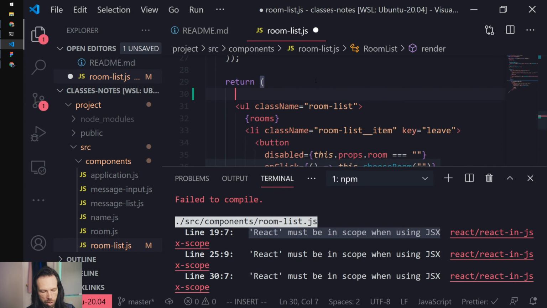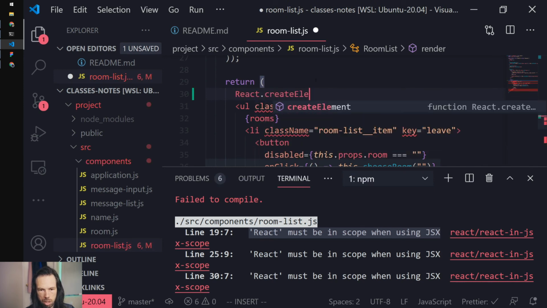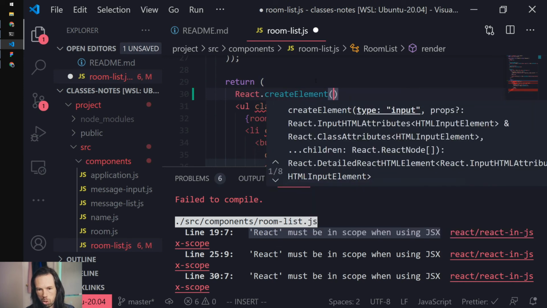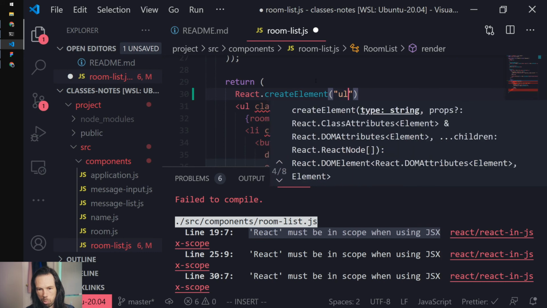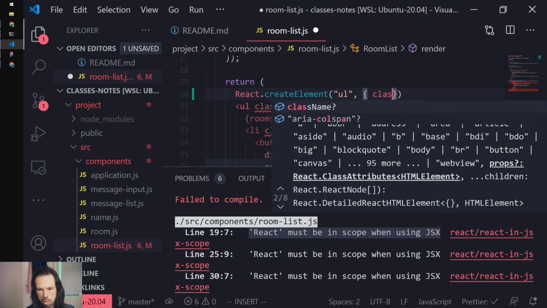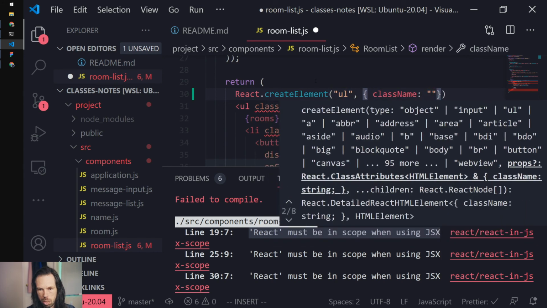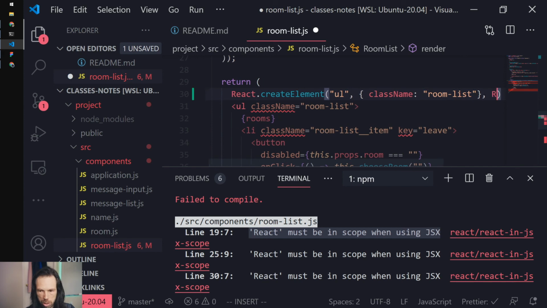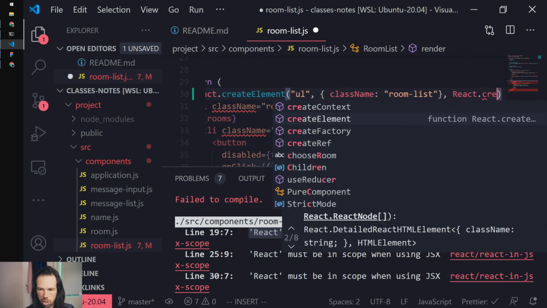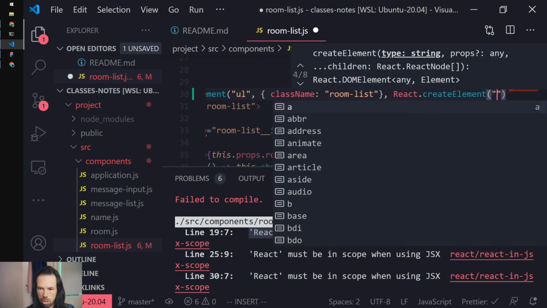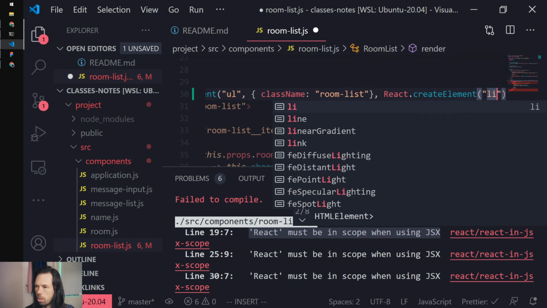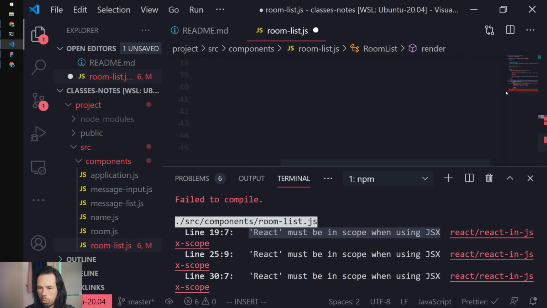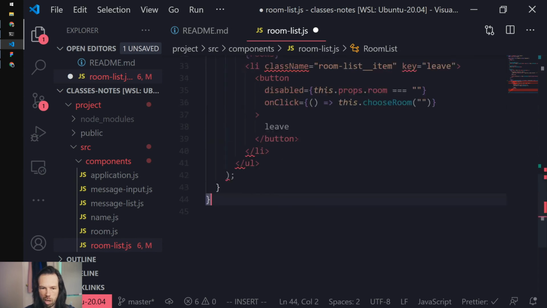But if I were to write this out after it's gone through the JavaScript transpiler, what we really end up with is something like this. And it has children, and that child is also created as a React.createElement call. And the child is an LI, right? So this is how it's actually working. So that's why we need to make sure that at the top of our file we include,